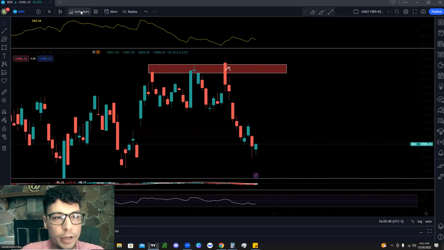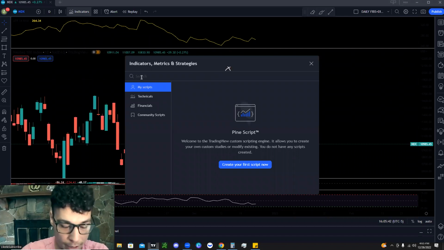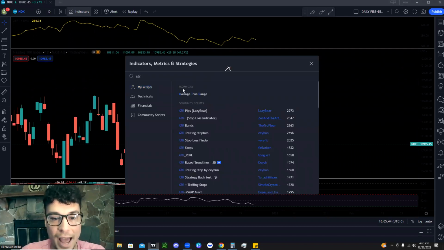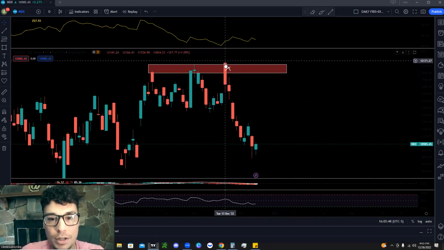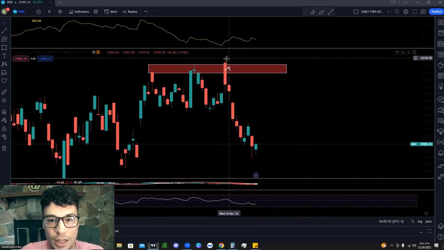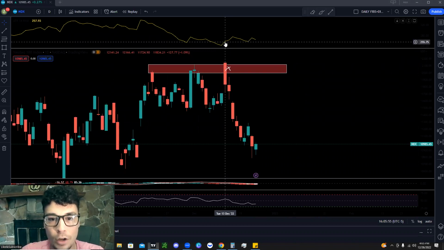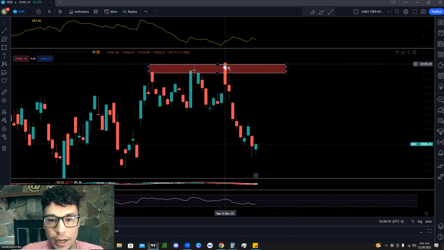So you go over here to indicators and type in ATR. This is going to be the average true range. What this does is it basically shows you how much the candles move on average, given the specific time frame that you're looking at. So we can see right here the average true range is 257.93. So what we'll do is take our level right here, the top of our supply zone, and then we'll add